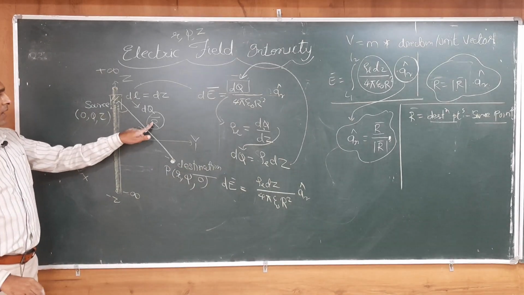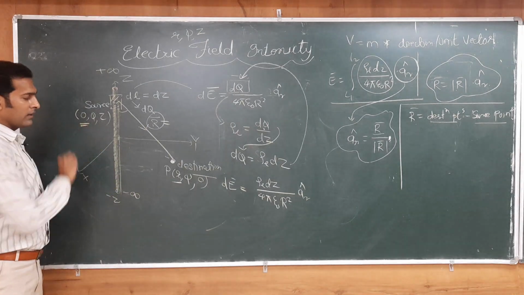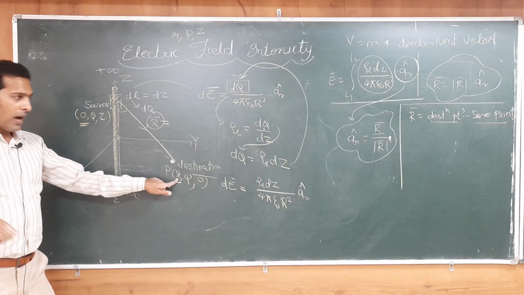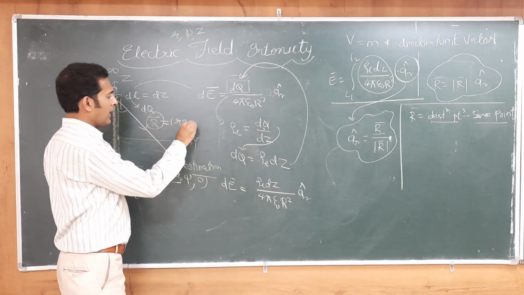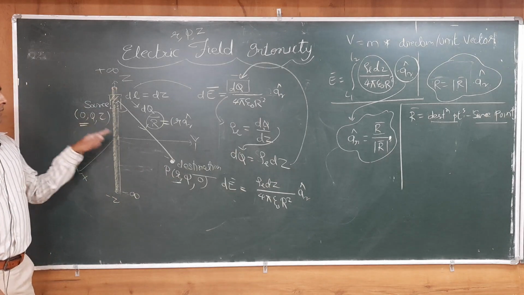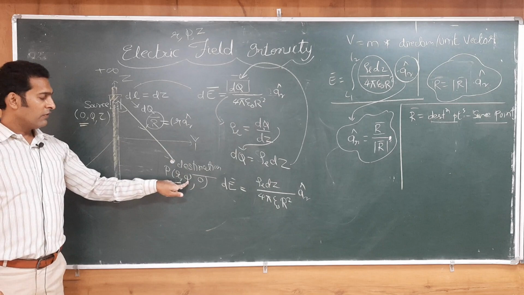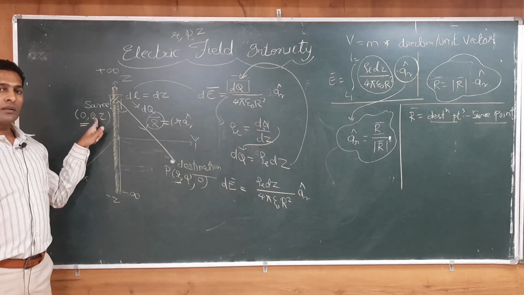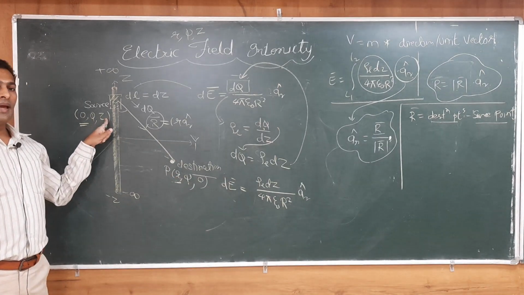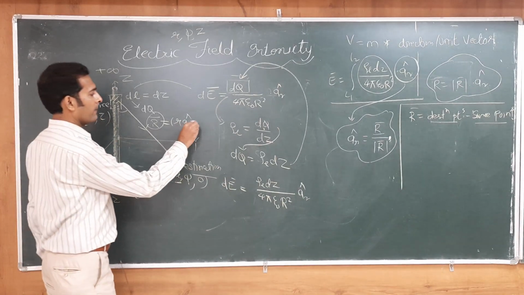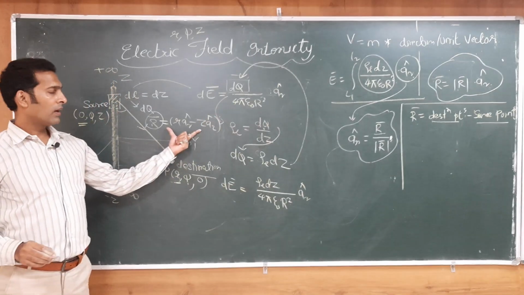So how do we calculate r bar? R bar will be destination point minus source point. So this is r, and we have to take the direction of r, which is ar cap, minus 0, so it will be the same value. Then phi a phi cap minus phi a phi cap will be 0. Then 0 minus z a z cap, so it will be minus z a z cap. So this is our r bar.